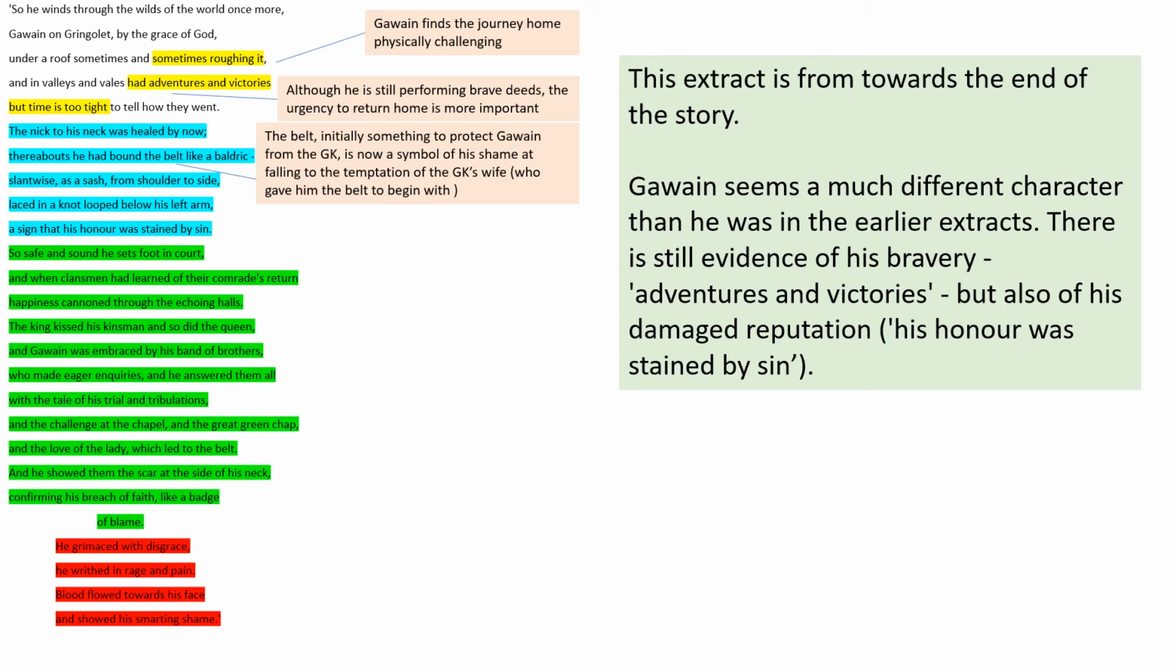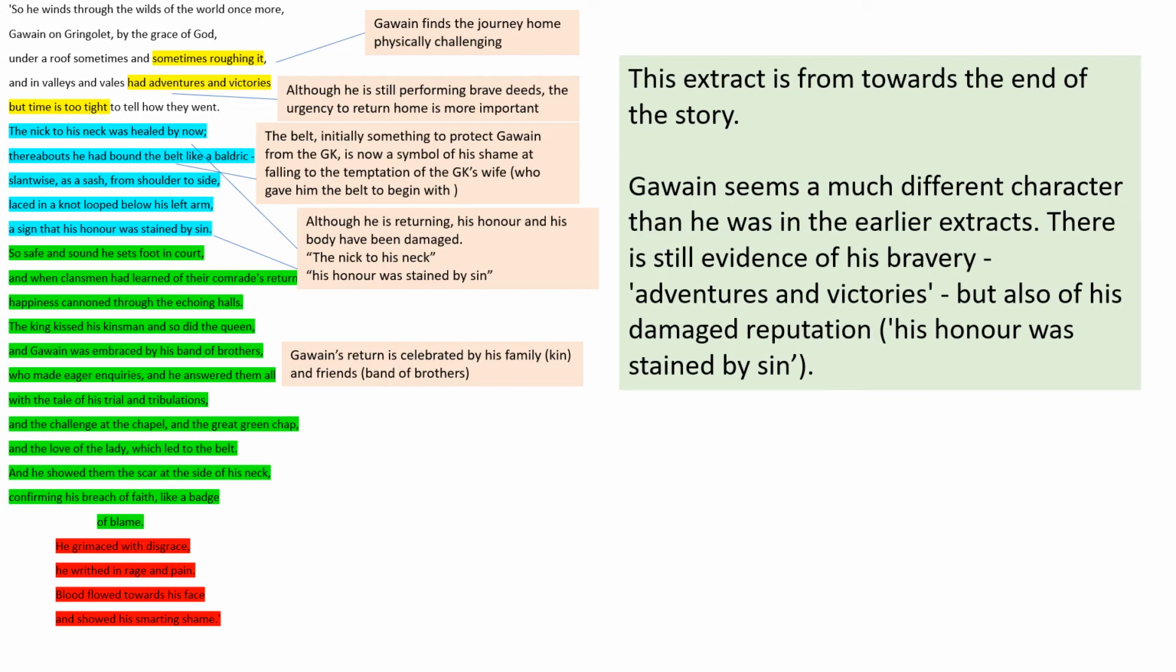So his honor was stained by sin. So although he is returning, his honor has been stained by the sin that he committed. So he no longer considers himself as honorable as he was before, no longer perfect, you could say. So he's been damaged in body and mind, or in body and honor, because he's got the wound on his neck, which has started to heal. However, these things would typically still have scarred, so it's not a permanent